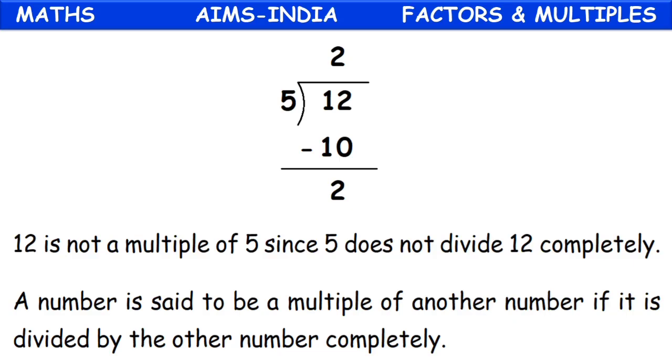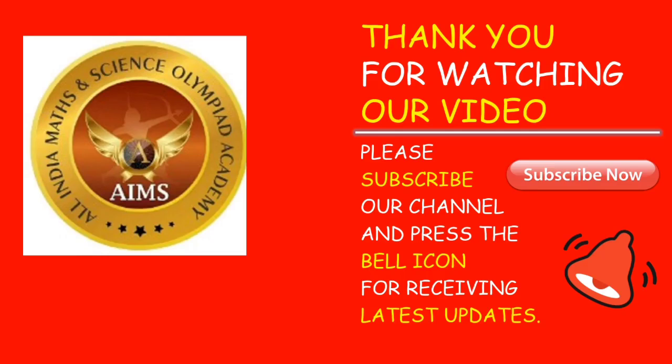So with this we have come to the end of today's class, children. What did we learn today? We learnt about factors and multiples. A factor is a number that divides the other number completely and a number is said to be a multiple of another number if it is divided by the other number completely. And in tomorrow's